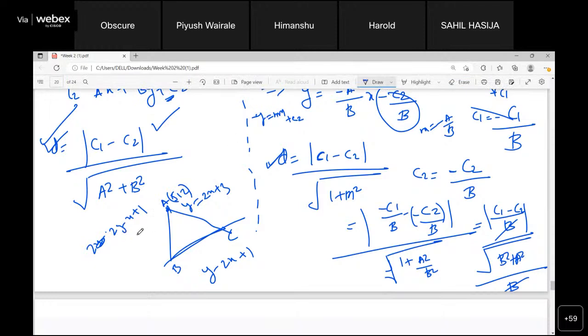Or you can check here also. Here y equals 2x minus 1. If you compare, y equals minus 1 by 2 x minus 1 by 2. So m1 is 2 and m2 is minus 1 by 2, so both are perpendicular lines, right? So this is a 90 degree angle. So you have to find the equation of a line. Then it is simpler, we can use the Pythagoras theorem in it.